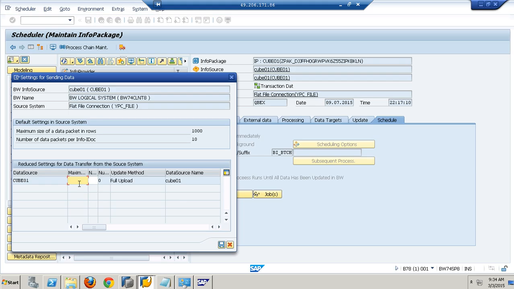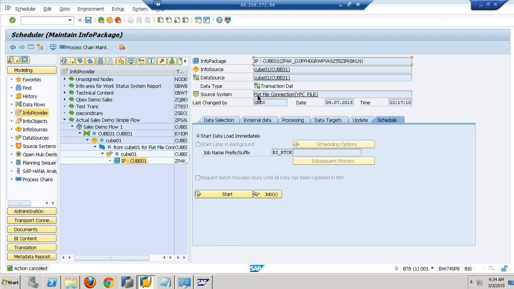So here I can specify the maximum number of records per packet. The logic is that whatever you specify here is the size of the packet per data source. But if you want to set up the size for all the data sources of a particular source system connection, that's a different case. Whatever setting is made here is the packet size for this data source. Whenever you process data through this data source, that is the packet size used. If for any data source of the connection, YPC file, I would like to have a different size, then